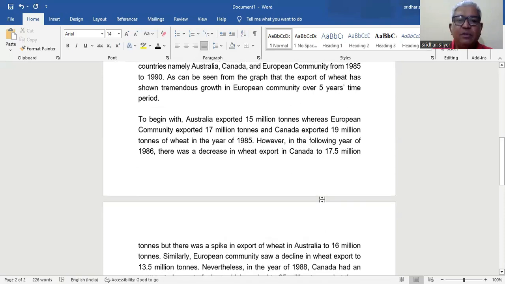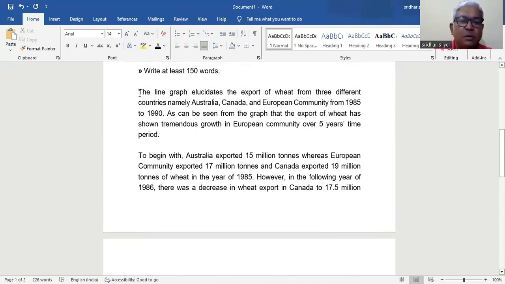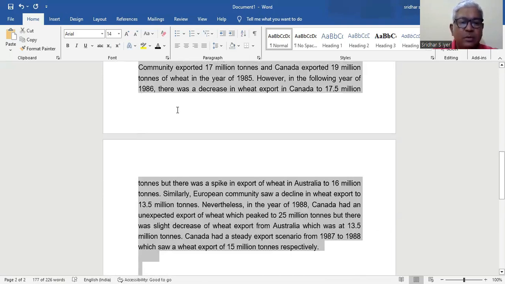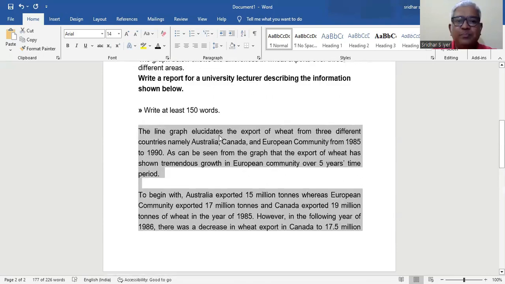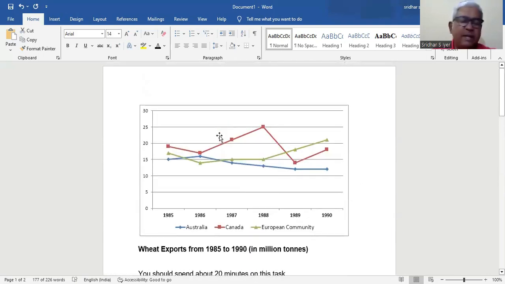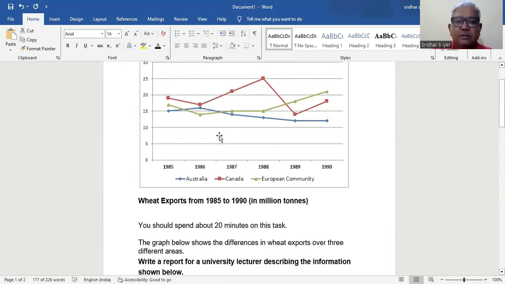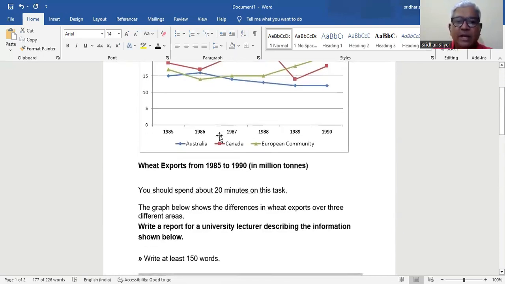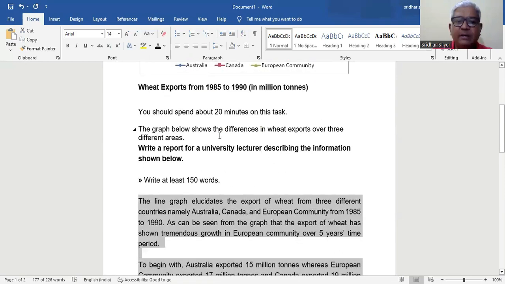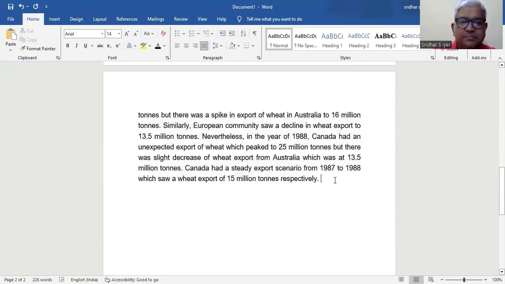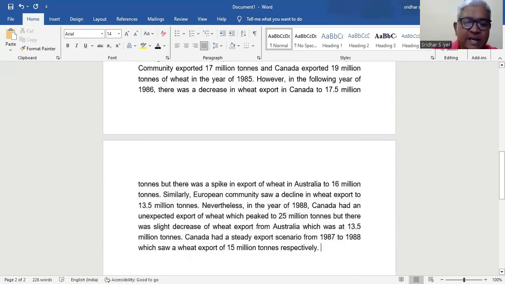Now we have to see how many words we have written to conclude. All right. Now, it's 177 words. It's a good one. I can conclude now. Abruptly, whatsoever. I can go to 1990 and conclude. Okay. Now I can say that in the European community the export increased, whereas in the other 2 countries, it decreased. Now I can say that. I can use a finally,